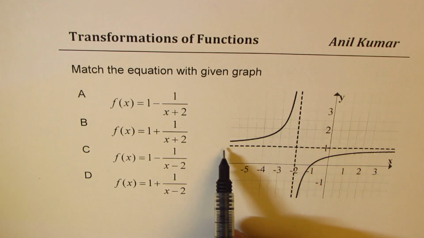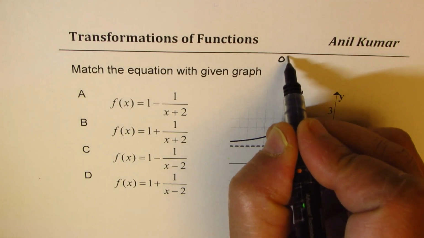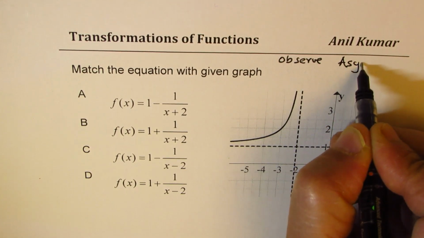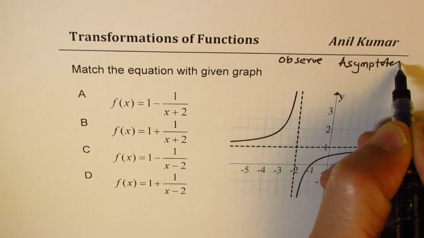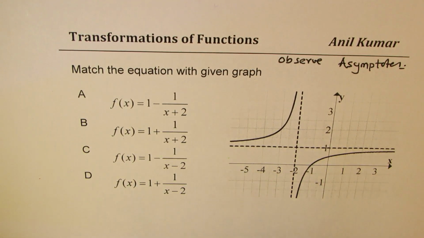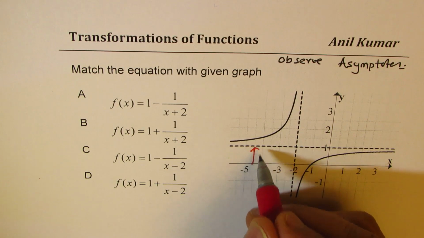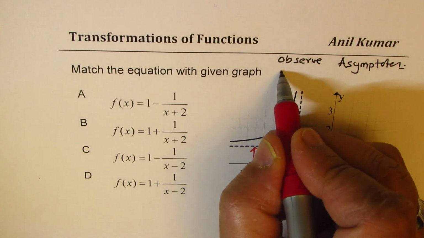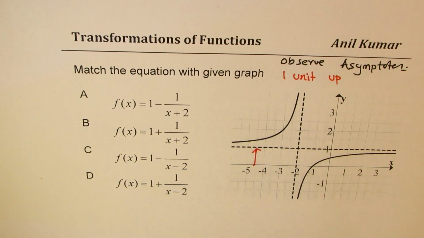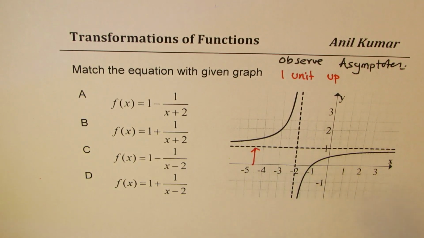Now here, the critical point is to observe asymptotes. So what we notice here is that vertically we have shifted 1 unit up, right? So 1 unit up. And as far as horizontal things are concerned,